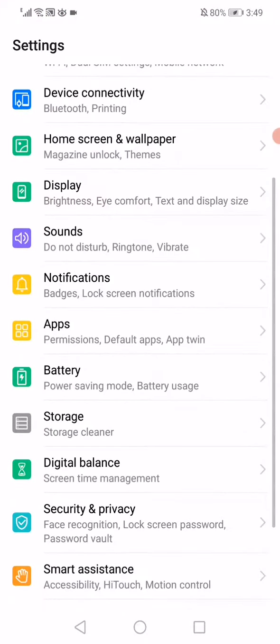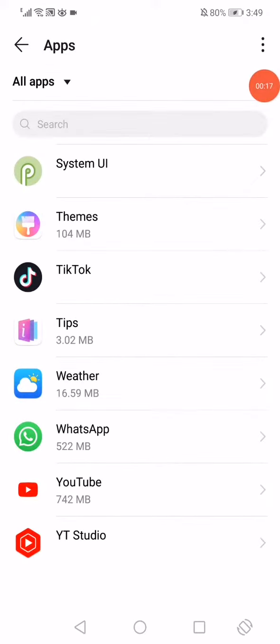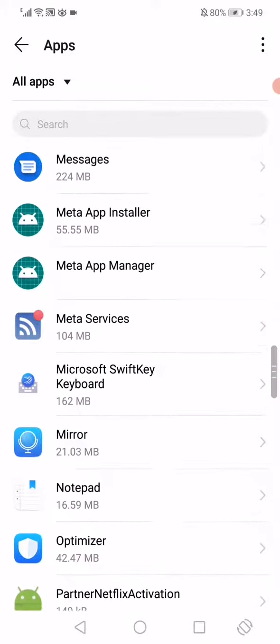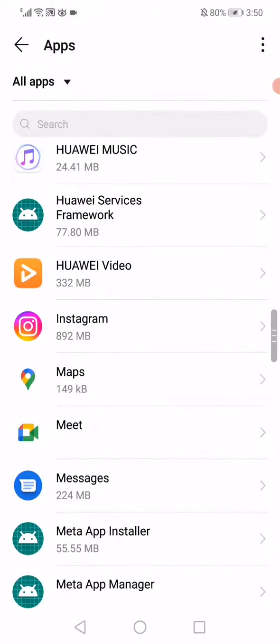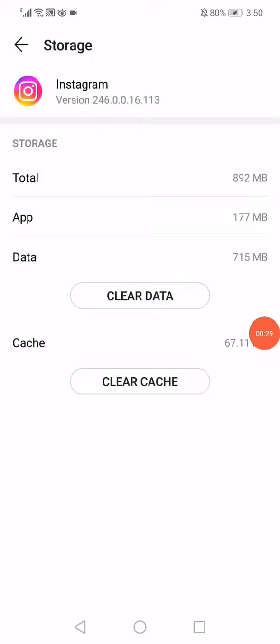then go to the apps manager, and after that go to the top here, click on apps, and then scroll until you find the Instagram app. And after you find it, click on it and click on this storage option, and then click on clear data,